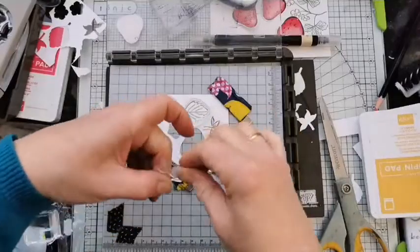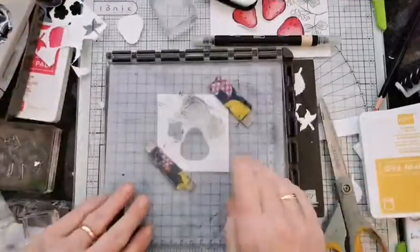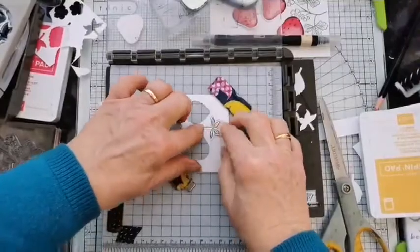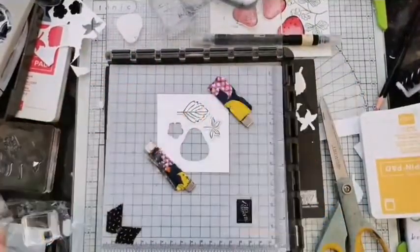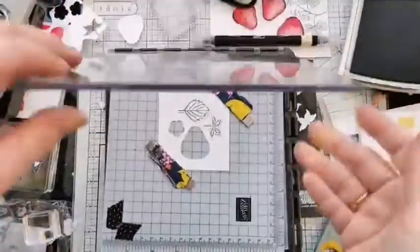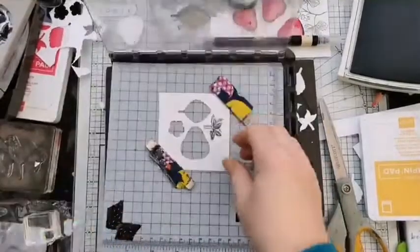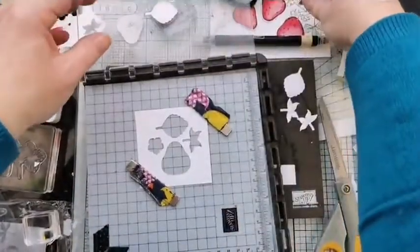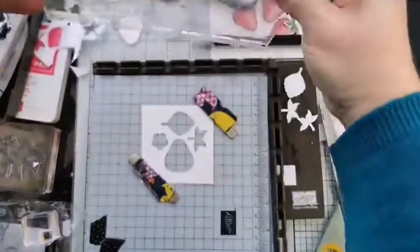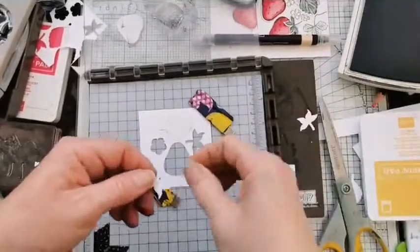So when you're first setting this up, it can be a bit fiddly. But then you're good to go for lots and lots of stamps and stamping. And obviously new stamps are particularly sticky. So let's ink up the infill colour bits for those. And there's our first lot. Let's turn those round. Doesn't really matter which order you do these in. You could equally have infilled first and then